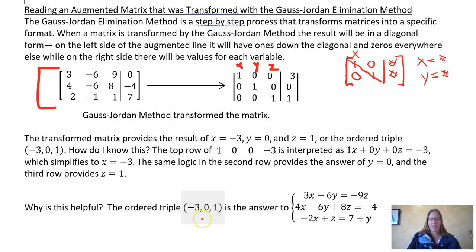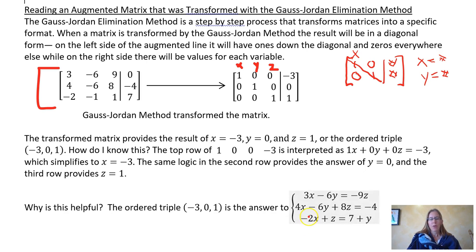Altogether, that will tell us that the ordered triple, because it's x, y, z, is negative 3, 0, 1, where the 3 lines would intersect if it were graphed. If it's not graphed, then it tells us the ordered triple that satisfies all 3 equations. So if I were to take negative 3, substitute it in for x, take 0, substitute it in for y, and 1 in for z, I would find out the first equation is true with that ordered triple. I'd find the second equation is true with that ordered triple, and the third equation is true